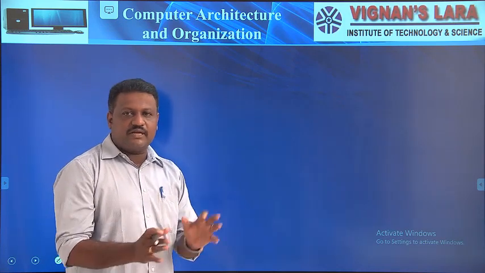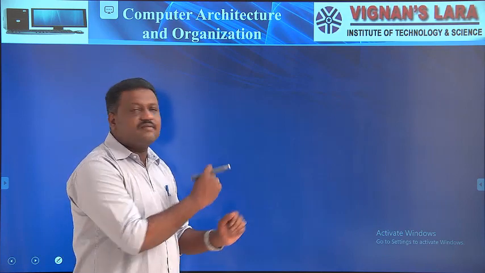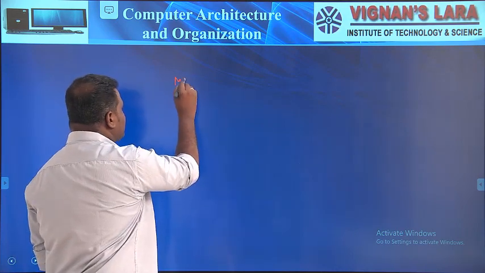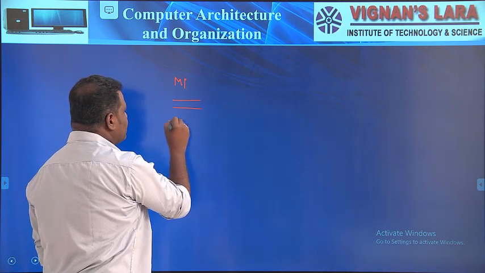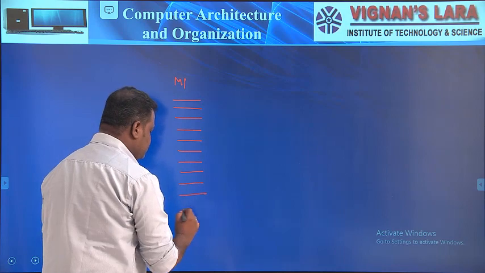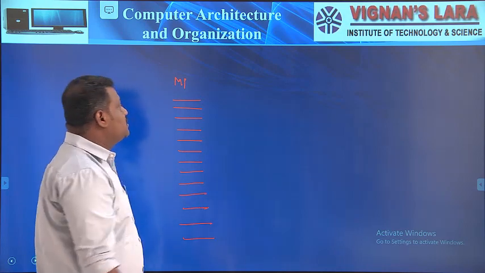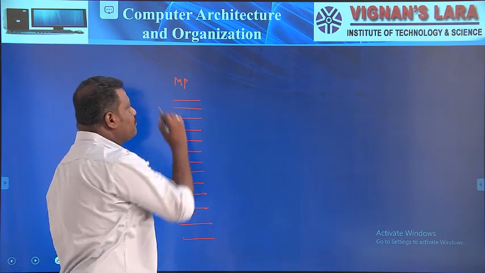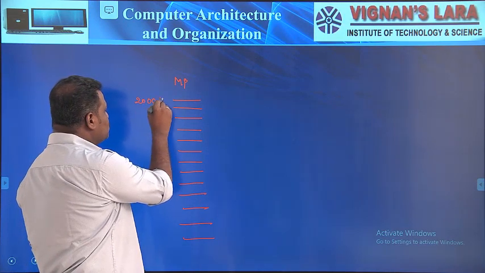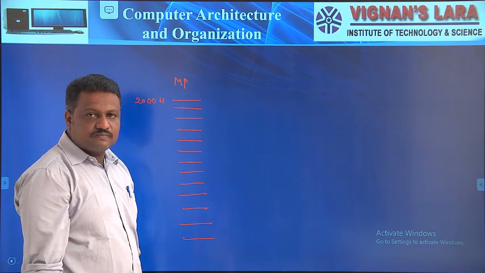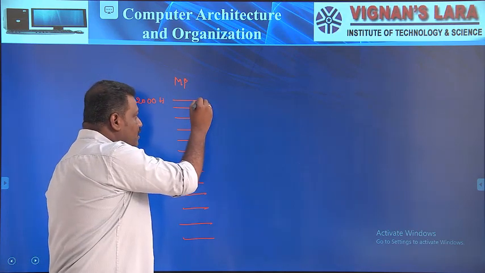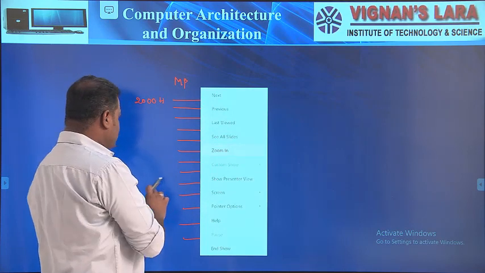That thing also we can try to understand by taking a small example. Again you can assume, friends, this is a main program. The main program consists of a set of instructions like this. These are the instructions which are present in the main program, and this main program starts from location address 2000H. And our processor starts the execution of this program, instruction by instruction.